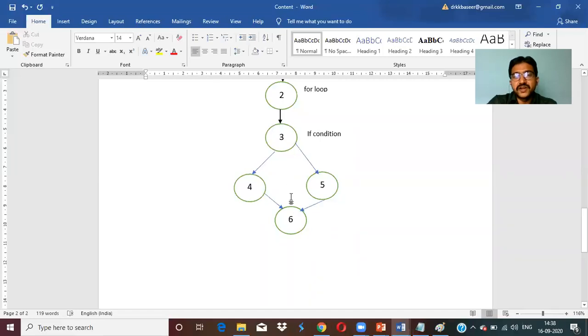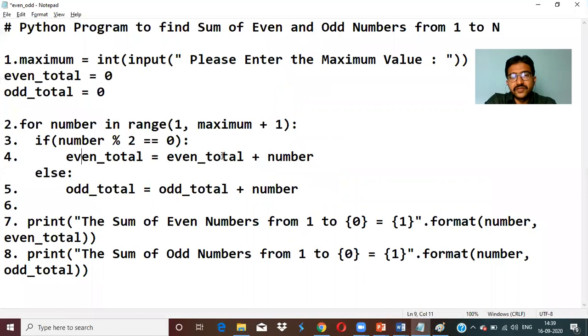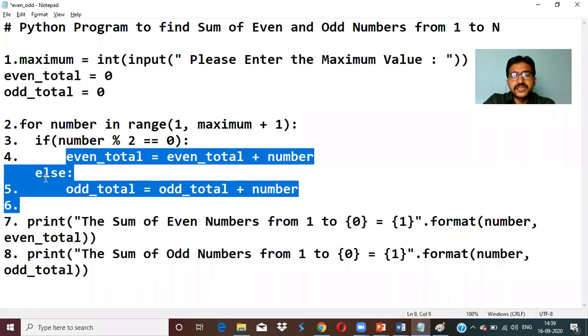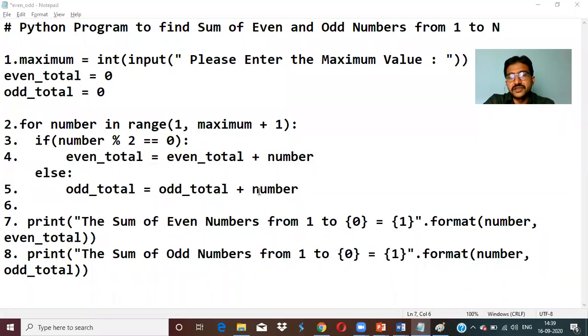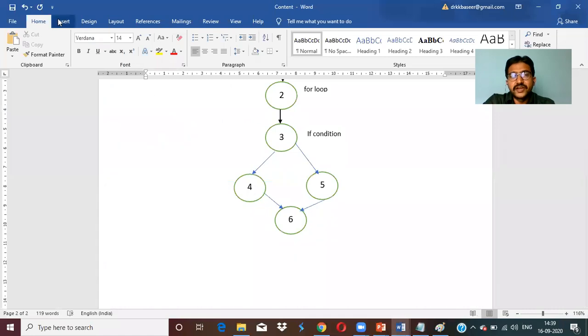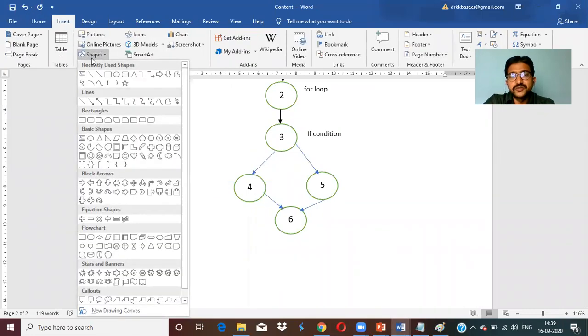Now this is for first iteration. If you are giving the value as max as 5, it will repeat for 5 plus 1, 6 means up to 5 iteration it will repeat. Now it goes again to where the condition has to check, the if condition over. Next the for loop, it goes to second iteration. Second iteration means what? From where it goes? It will go from step number 6 to here.